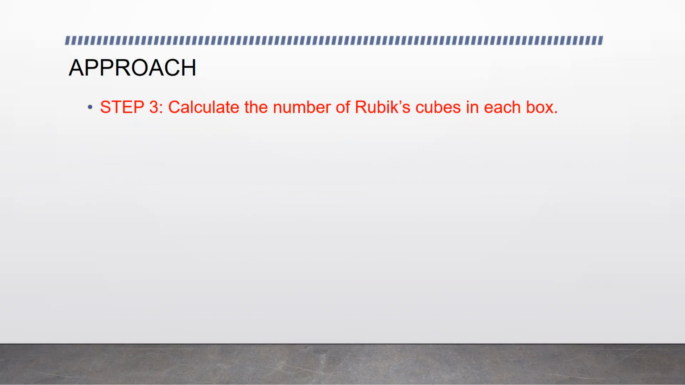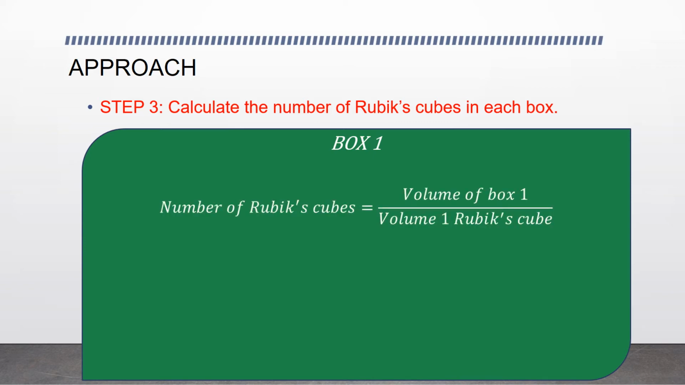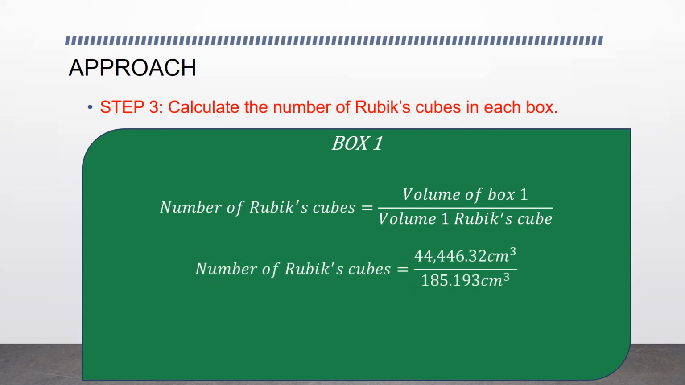Step 3 in our approach. Calculate the number of Rubik's cubes in each box. How do we do that? Well, for box 1, in order to know the number of Rubik's cubes, we need to divide the volume of box 1 by the volume of one single Rubik's cube. Let's see. That would be